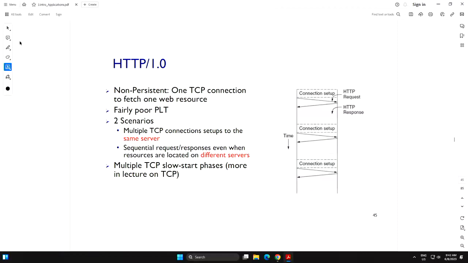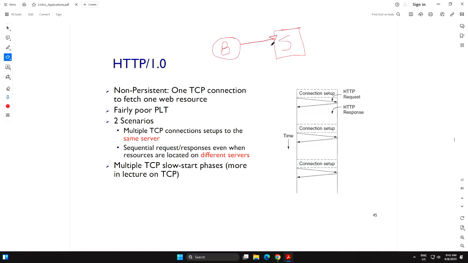Sometimes I'll just draw a picture to show you these two different scenarios. So this is your browser, right? And this is the server.